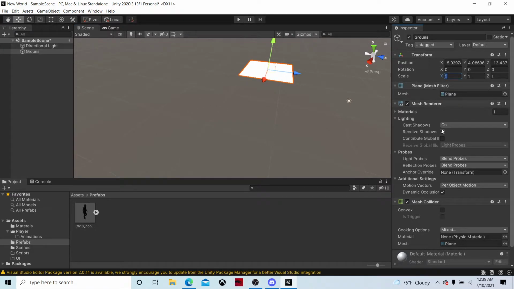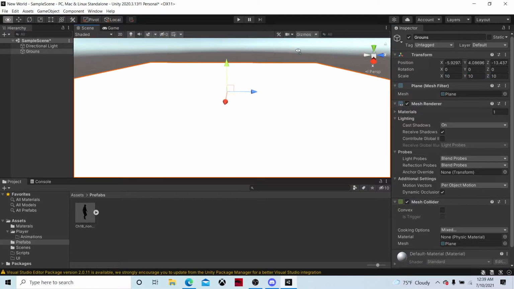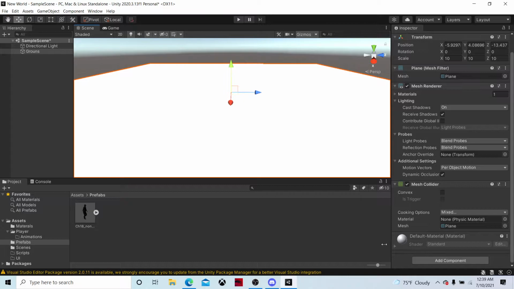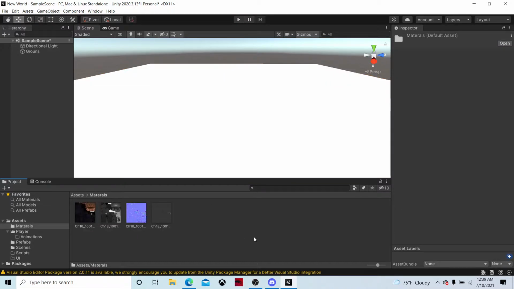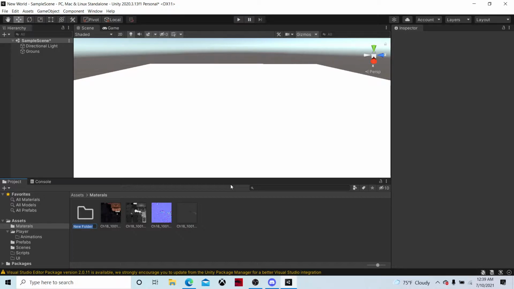We're going to go to the scale, 10, 10, 10, and then for the materials, we're actually going to need a material. Where's the materials? Material right here. We're going to right click, create a new folder inside of the materials, and we're going to call this one